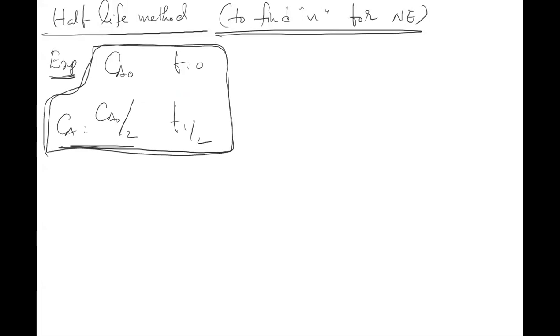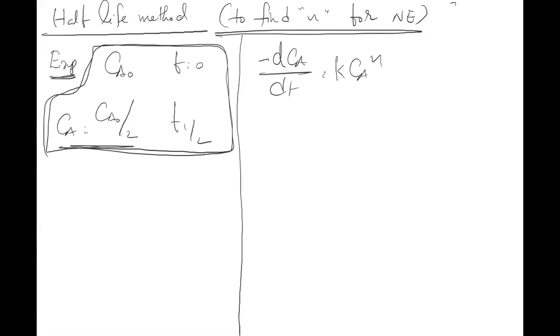So what you do here is, you start the experiment with a concentration of, let's say, 100. When concentration 100 has become 50, you just note down the time. That is what is called half-life. Now, how do you use this data to find out the order of a reaction? Here there is no trial and error method. I am talking about minus dCA by dt equal to K into Ca power n. I am talking about this half-life analysis for liquid phase reactions.